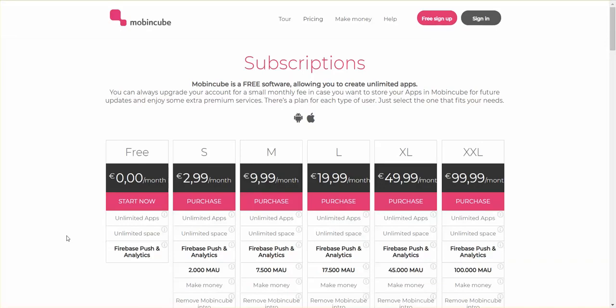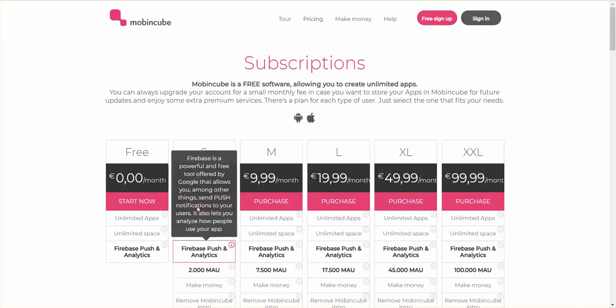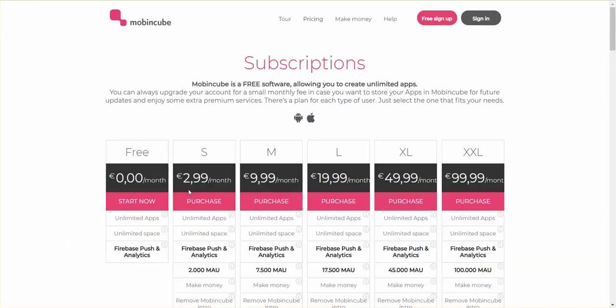The only thing if you do it for free is that all the apps will have advertisement inside, like ad banners. But the good thing is that you can make money with those advertisements. If you go to the plan S and you pay like $3 a month, then you will be able to get the money from those advertisements. They say 2,000 monthly active users. That means that if your apps have less than 2,000 users per month, then you will get all the money from those advertisements. And if your apps grow bigger, then you will need to upgrade to the next plan